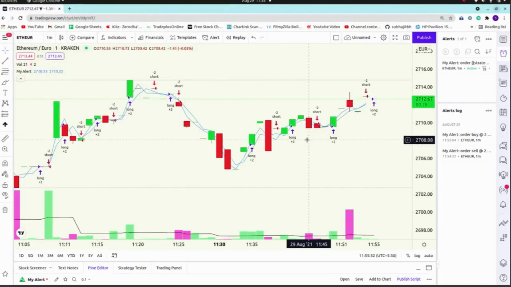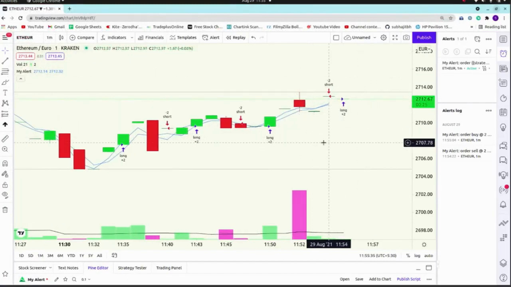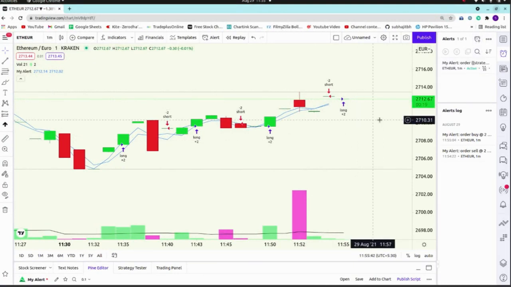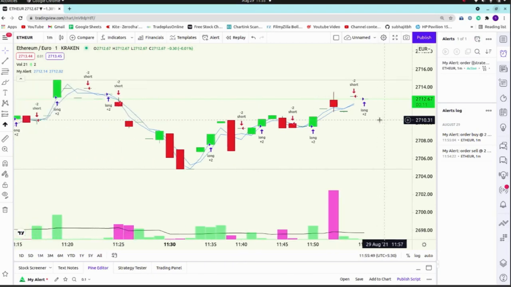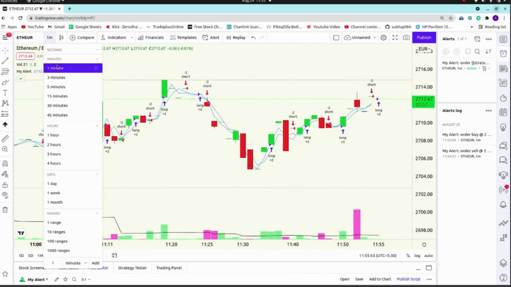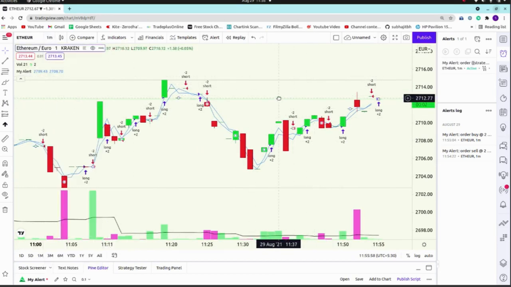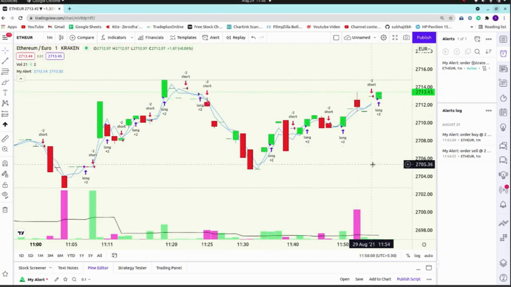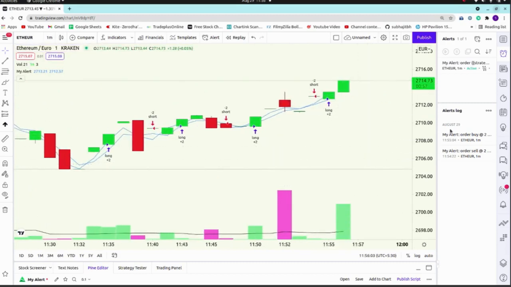Also you can add your mobile number. There is a facility in the alert, so you can add your mobile number as well as you can get the alert via email. Now in this video I am taking the time interval as 1 minute, because it will frequently generate the signal and it will be easy for me to show you the alert is working. And here I just took the very simple strategy, that is the simple moving average crossover.